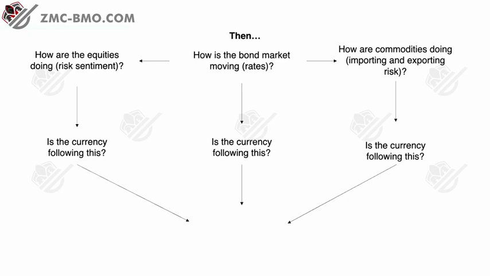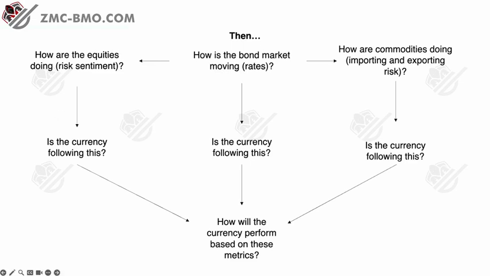These are the questions you have to ask yourself at all times. How is your growth data doing, for the little spider diagram we saw earlier? How is the employment data doing? How's inflation doing? How does that fit in with the theme of the market? You then look at cross-asset, because in FX you don't just look at foreign exchange. You have to look at what equities are doing, so the stock markets, and how the bonds and rates markets are doing. Then from here you think, how will the currency perform based on these metrics?